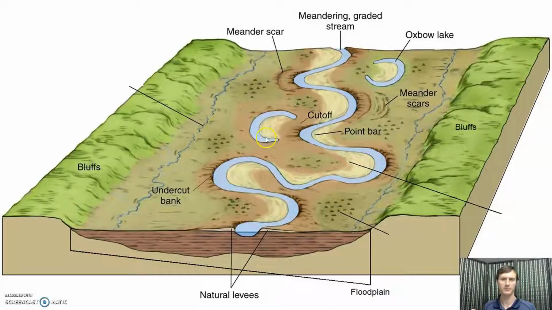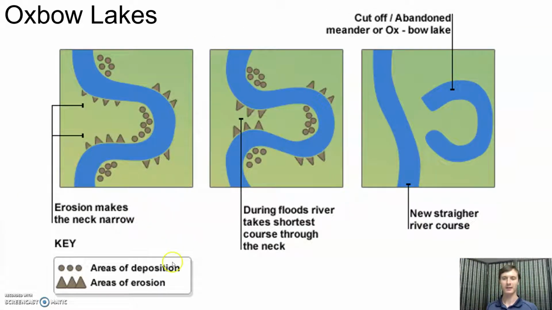And how do these form? Well, now we'll start here. We have areas of erosion with the teeth and areas of deposition with the small circles. And for reasons it'll become clear if they're not clear intuitively, the outside edge of the river, the outside of the curve, tends to be the place where the river erodes, and the inside of the curve is places where sediment is deposited. Okay, so this is what the river looks like to begin with, and slowly, we have teeth